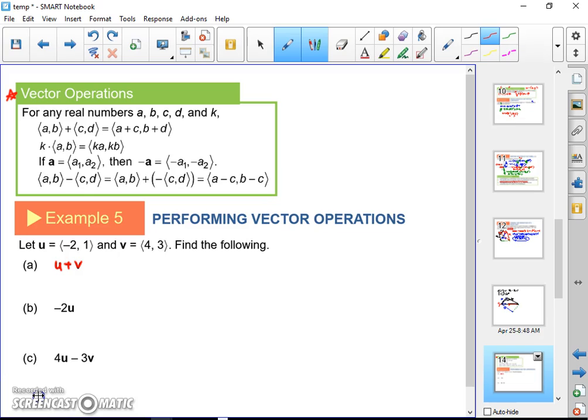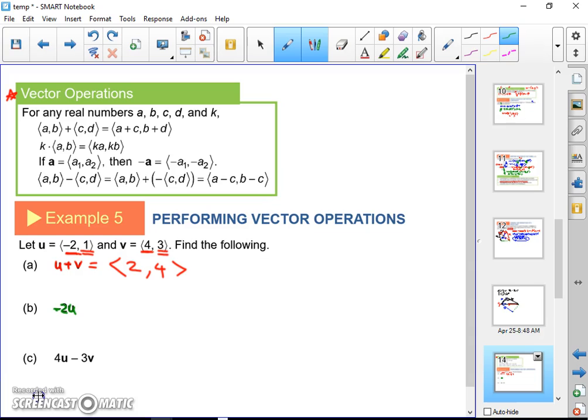So really all you do, and you can do this in your head, but just add the parts. Add the x terms, negative 2 plus 4 is 2, and add the y terms, 1 plus 3 is 4. That's all you do. Now when we multiply, maybe it's even easier, we're going to multiply negative 2 times the